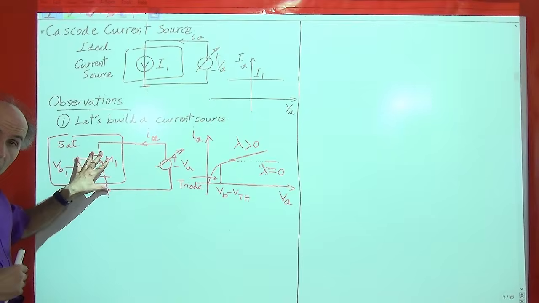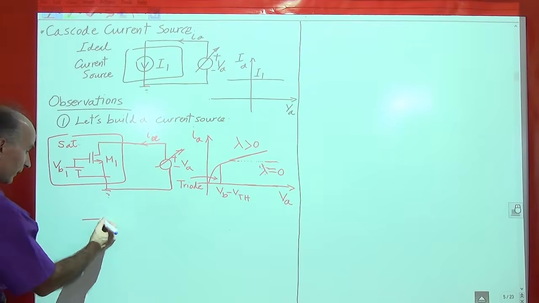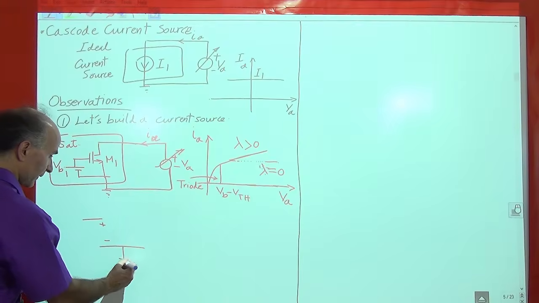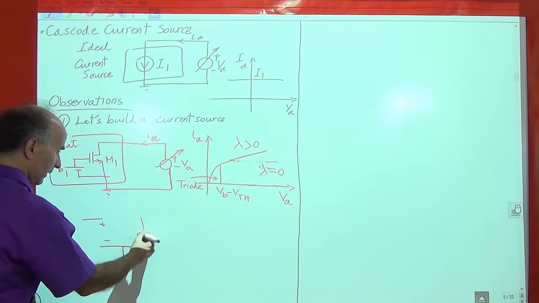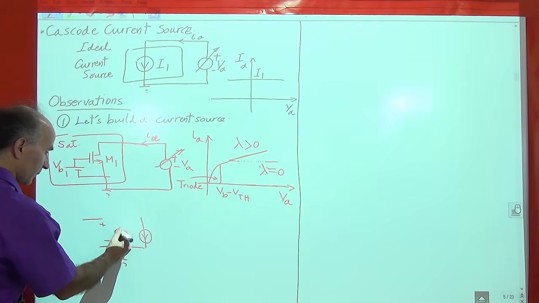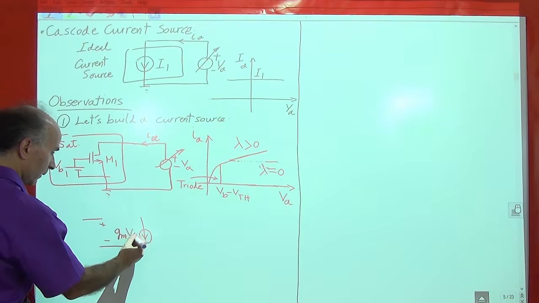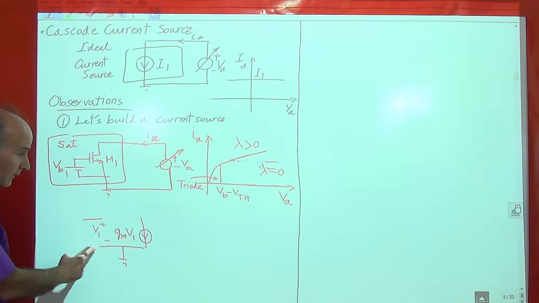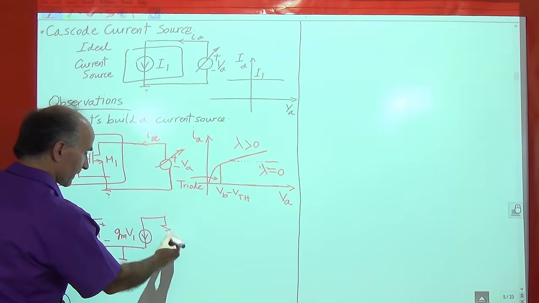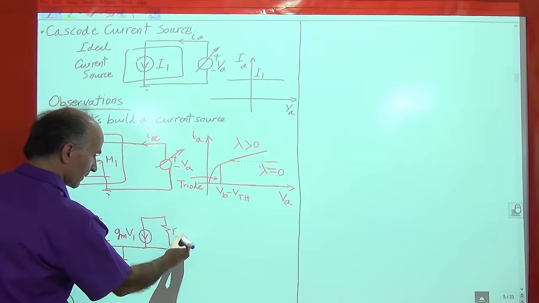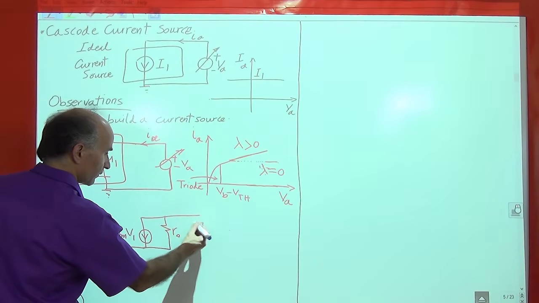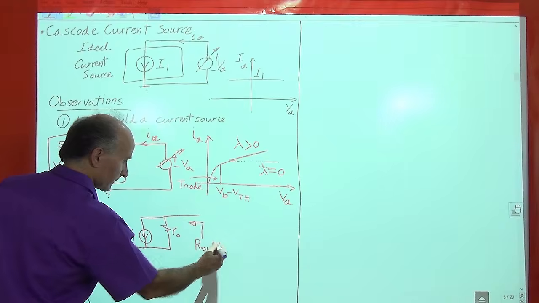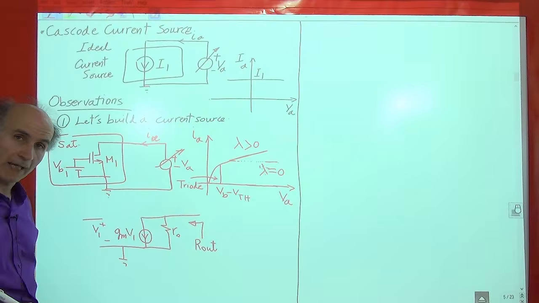So let's draw the small signal model of M1. You remember what it looks like, right? We have the gate and the source. So the source is grounded. We have a dependent current source, which we call gm V1. V1 is the small signal voltage between gate and source. And then we have the output resistance of the device. And we would like to find the output resistance of this current source,